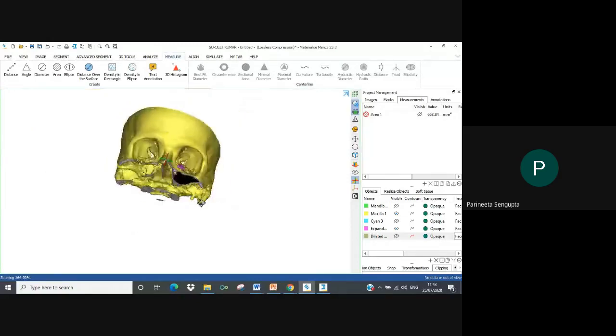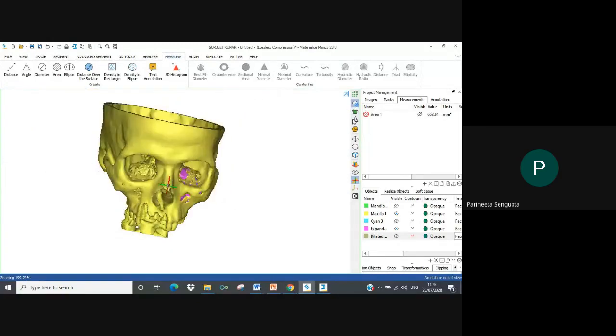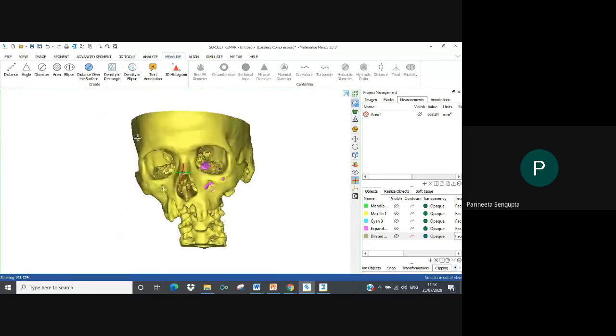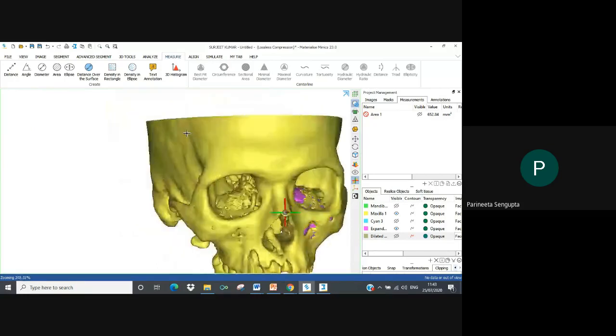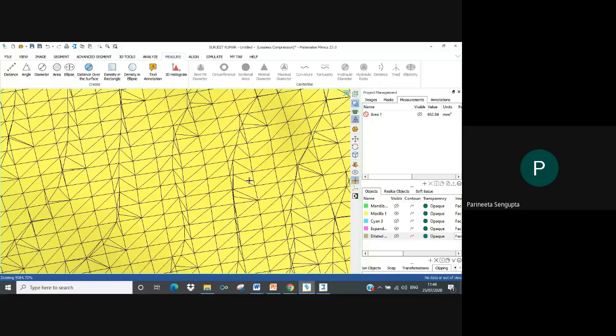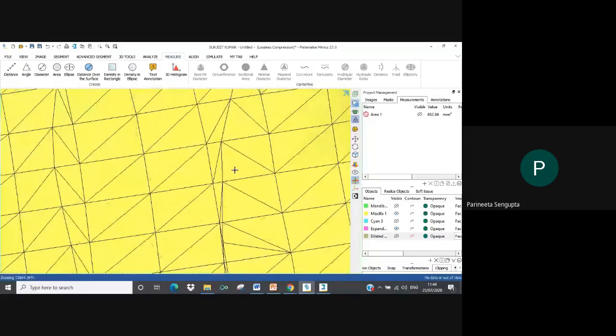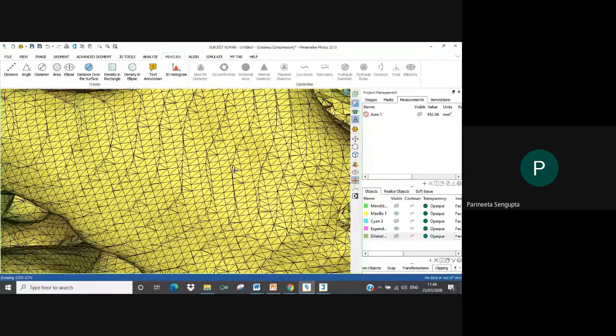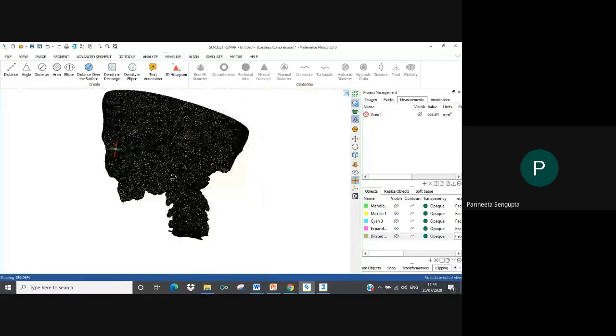I've just closed my clipping function. Then there is something called triangles. So what is your model made of? It is nothing but triangles. While calculating a 3D volume, the software calculates the pixels in the form of multiple triangles and gives you a 3D generated model. If you want to visualize how many triangles your model is made of, if I'm zooming in, you can see triangles. So this is how your model is actually made, as a combination of multiple triangles.